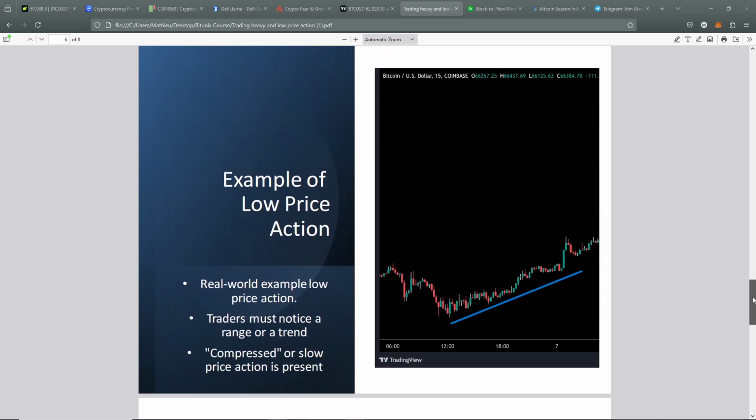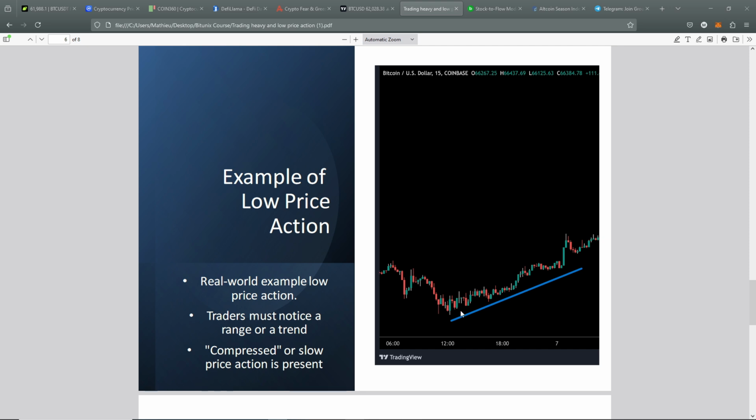Okay, an example of this right here, which I like a lot, is going to be these smaller candles, a more steady trend, right? Doesn't mean that the market is flat necessarily, although it could be, but it really means that there is a more controlled movement going on in the chart, right? These smaller candles are a good indication of some low price action